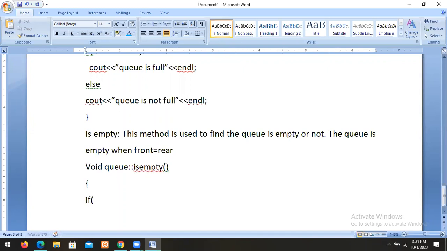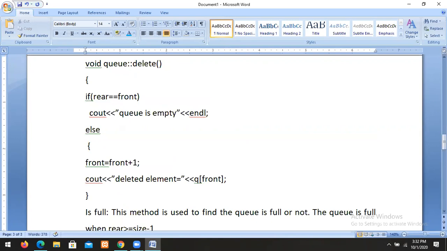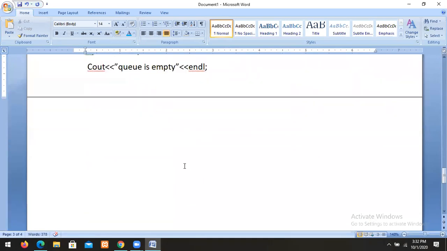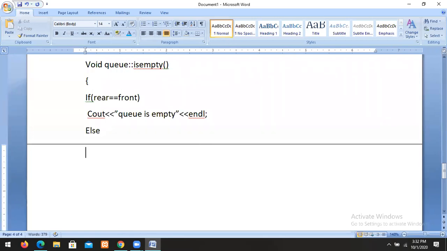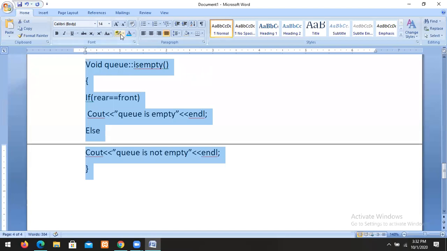When the queue is empty: if rear equals front, cout queue is empty. Else, cout queue is not empty.